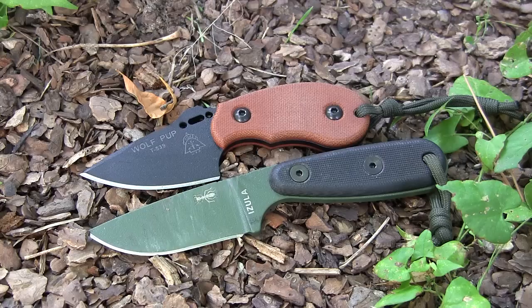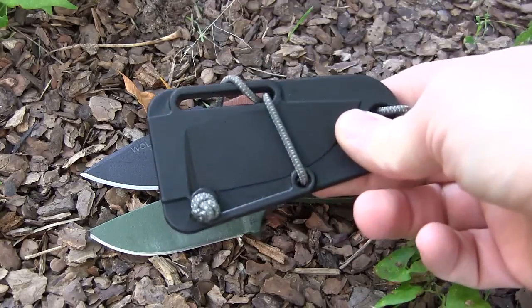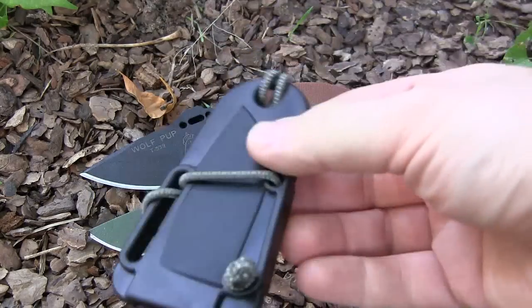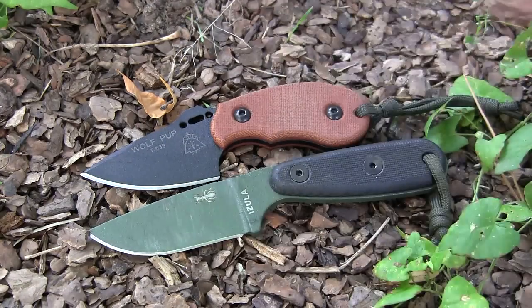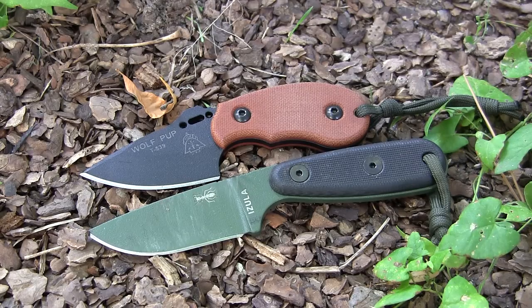And in fact, for the quality rating, I would prefer the Kydex that you get with the Wolf Pup over the molded plastic that you have to get with the SE, and there's no way to attach it. I just had to do some paracord. You have to spend even more money to get the survival kit with the belt clip for the SE Azula, whereas the Wolf Pup will come with a steel belt clip that is multi-directional and multi-attachment. So the value on the Wolf Pup is 5 out of 5, absolutely worth the money